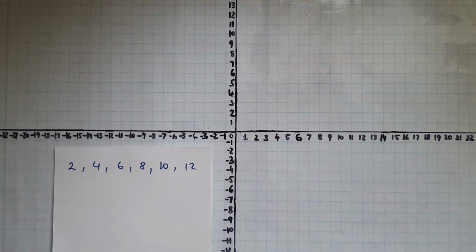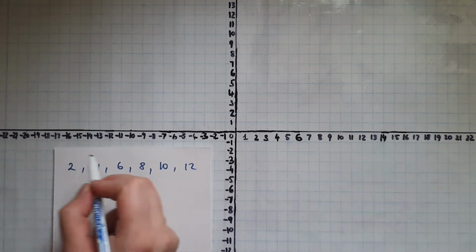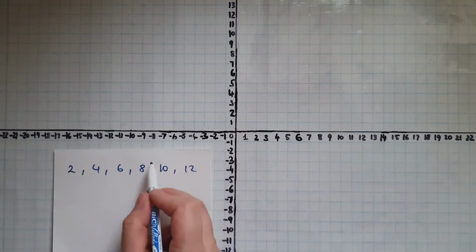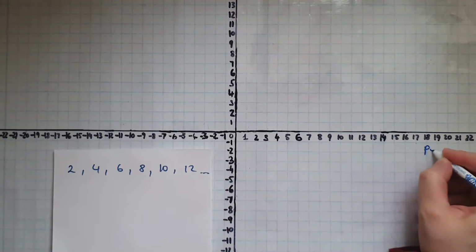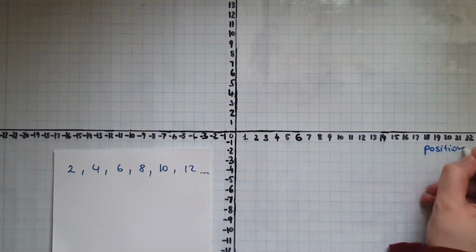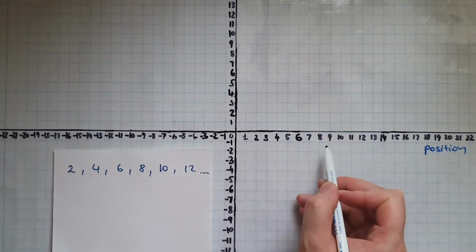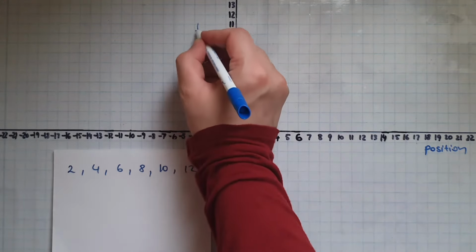So you can see a pattern there. This is a sequence, a linear sequence. If I try and plot it here, you probably will make a connection with another topic that we've covered before. So this is the first term, this is the second term, third, fourth, fifth, sixth, and this continues. So if we have the position here, such as the first, second, third, and so on, and the terms here,